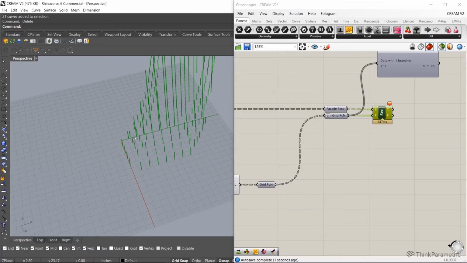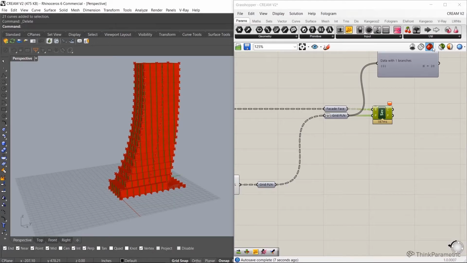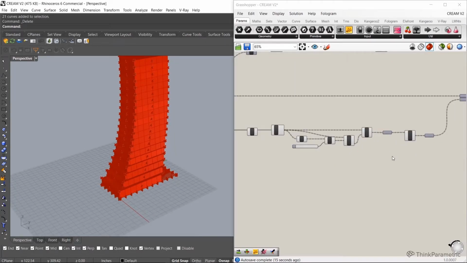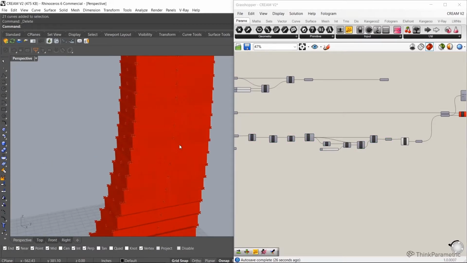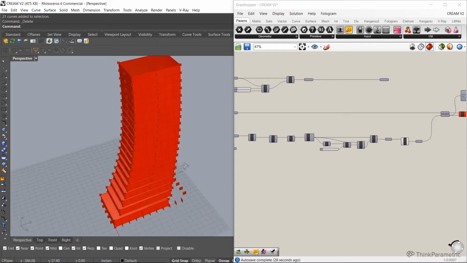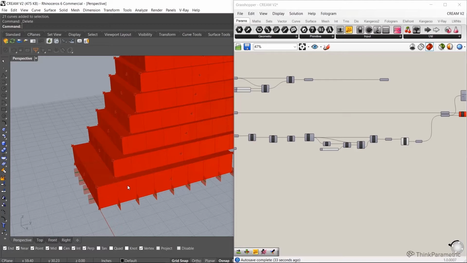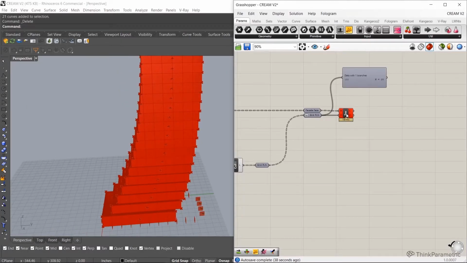Okay. So if we look at this, let's turn the preview of our other facade off, and maybe some of the other things. Okay. So you can see now we have like a more regulated grid, right? This is probably much more rationalized in terms of construction. And this was sort of where we got to towards the end of this project. This was kind of where we started to get close to. So we're now left with what are essentially our kind of panel curves from here, or facade.